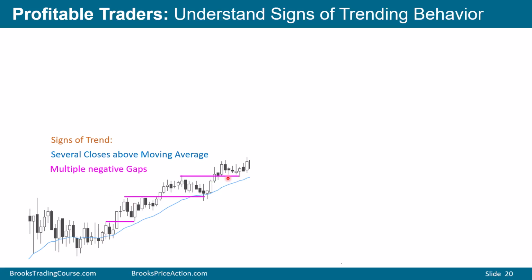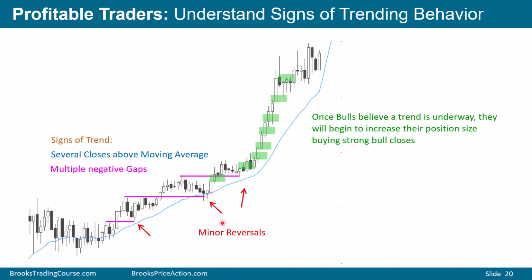When you get a leg in a trading range and you start seeing negative gaps here, here, and here, you know the odds are you are in the early signs of a small pullback trend. Minor reversals, here, here, and here. Whenever the trend is tight, all the bars above the moving average, and you start seeing negative gaps, the risk that you face if you're selling is this. Bears giving up in a strong upside breakout.